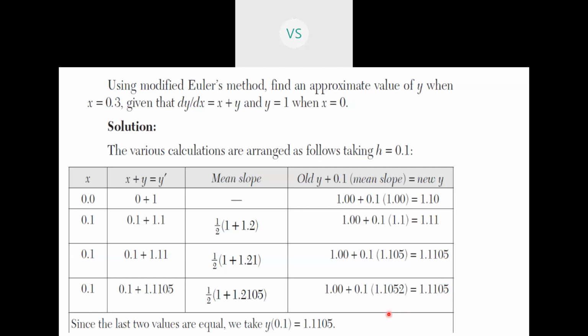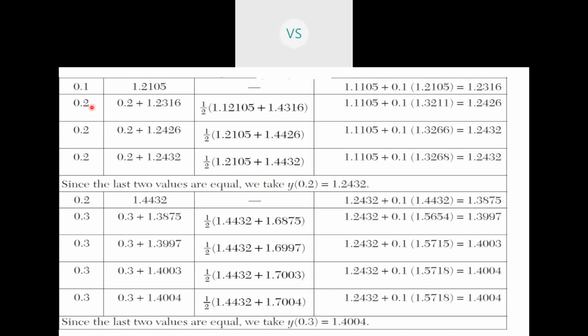Now this last value is nothing but your value of y when t is equal to 0.1. So this we have found out for t is equal to 0.1. Similarly you have to find for t is equal to 0.2 and for t is equal to 0.3. Here you can see below, for 0.2, then we have found for 0.3. Here you can see the accuracy criteria gets satisfied.